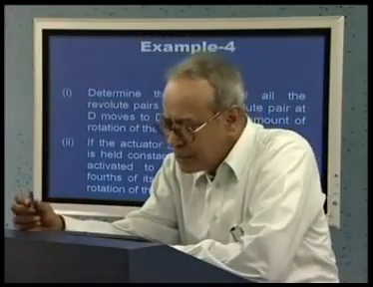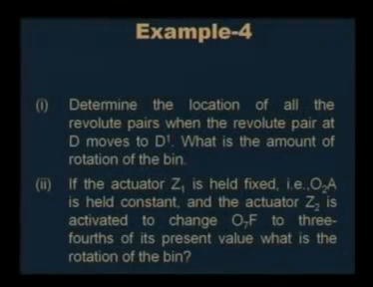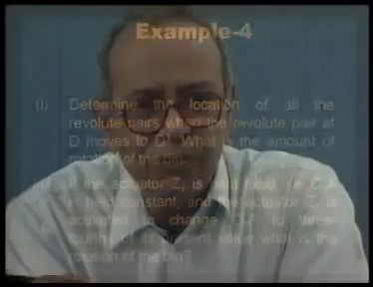Now I leave an assignment for you to do from the same figure. Assume the actuator Z1 is held fixed, that is, the distance O2A is not changing, and the actuator Z2 is activated to change the distance O7F in the figure to 3/4 of its present value, then what will be the corresponding rotation of the bin? You can follow exactly the same logic and same technique of graphical analysis to solve the second part of the problem. Let me now go to another example,